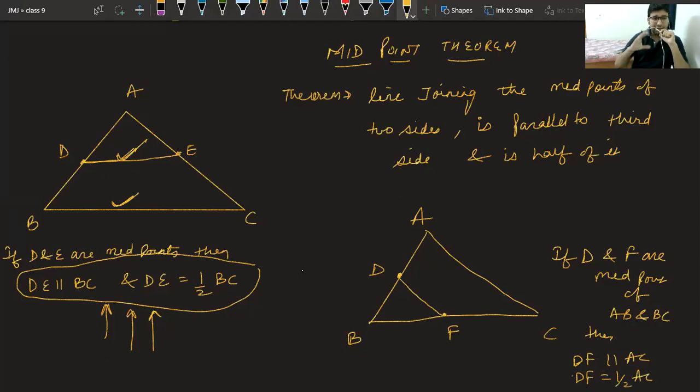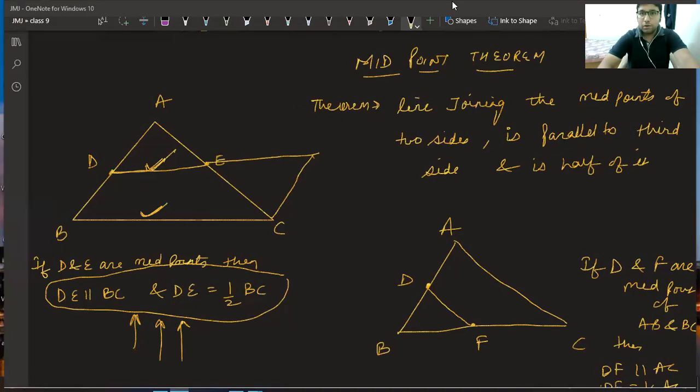Okay, this is the theorem. I want you all to try from your side to prove how we can prove this. In this also, we have to do a construction. We have to extend DE and make a parallel line like this. I want you all to try this proof on your own time. I will not give any hints. Okay. Thank you. Now let me close the recording. Okay.